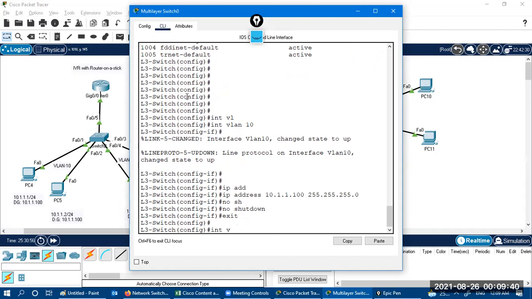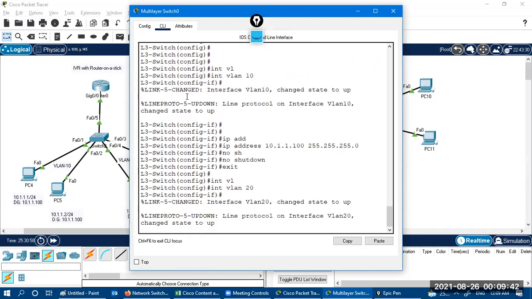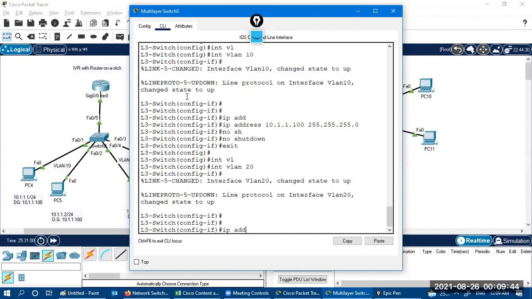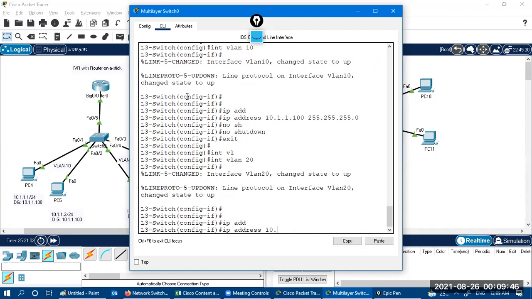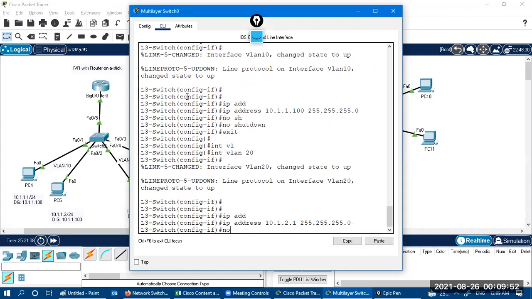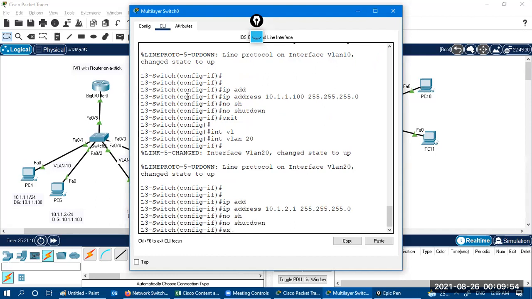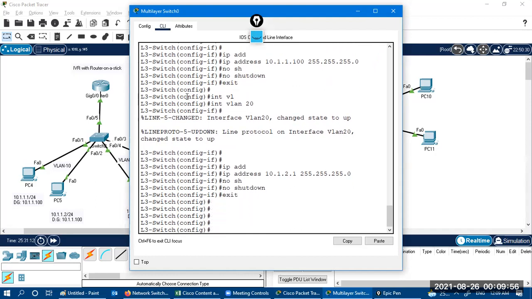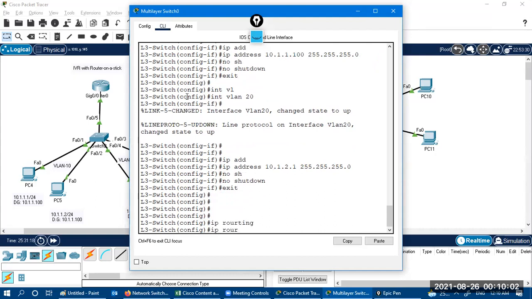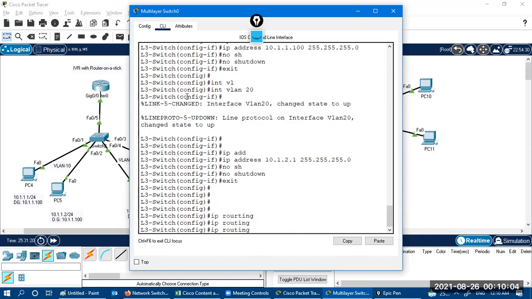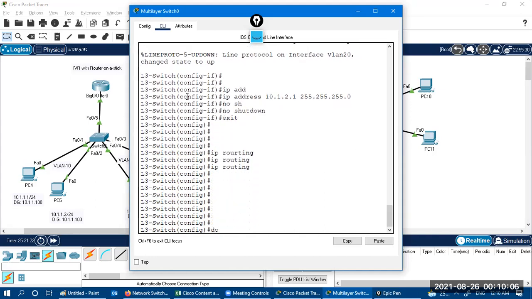In the same manner, interface VLAN 20, IP address is like 10.1.2.1 255.255.255.0. Then you have to say no shutdown, exit. That's it. And do show ip route.